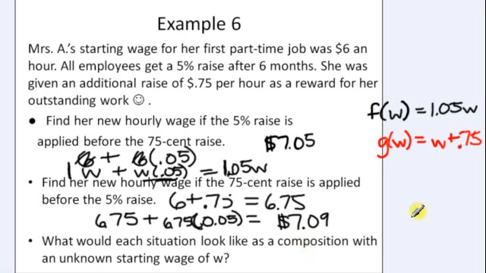So if we look at using these two functions, and if we look at applying the 5% raise first, that